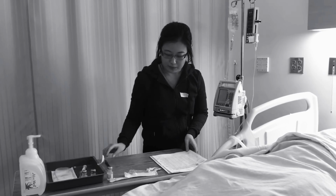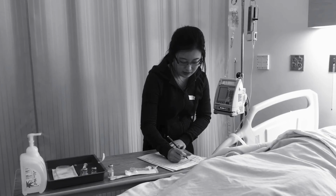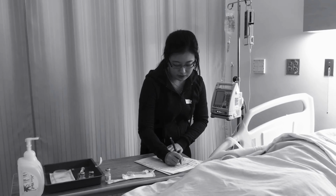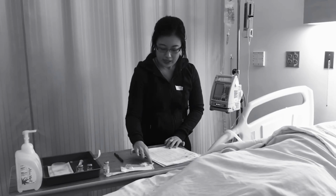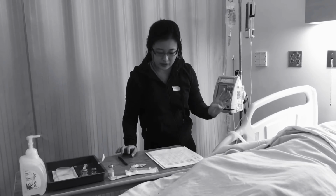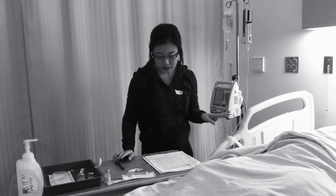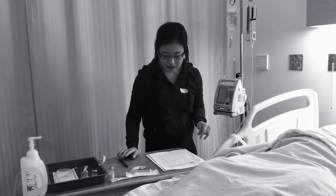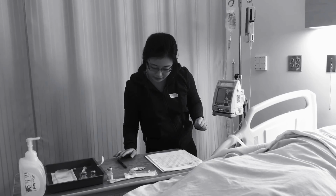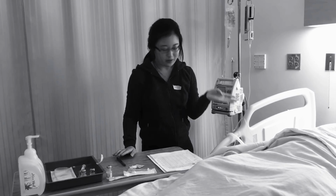And then I am going to, because I just gave it, I'm going to document it. So sign, with my designation and the time. And I told him about the side effects, and he hasn't refused, so it's good. He knows the reason, and I've documented it, and he also probably knows, but I will tell him anyways, because